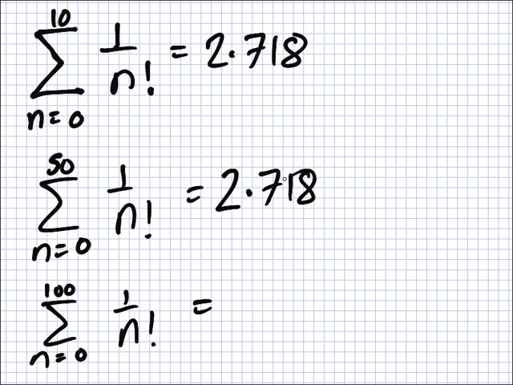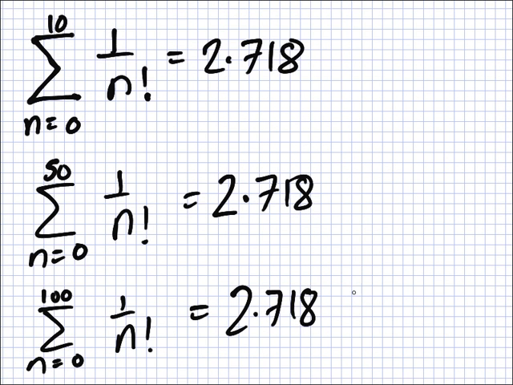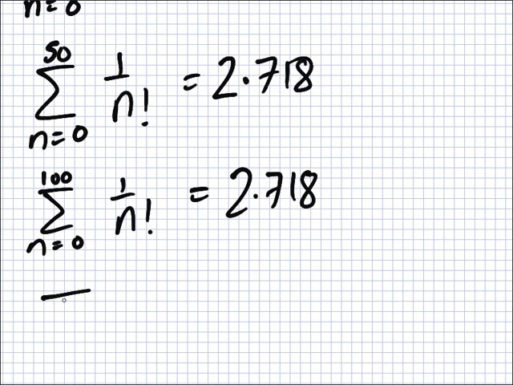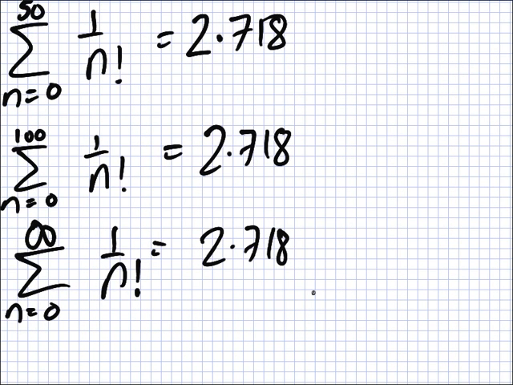Get the second one? And the third one? Now, it's not exactly the same each time, is it? It's slightly different, yeah. But it seems quite clear that if I was to continue this process of adding 1 over n factorial infinitely, then I don't get infinity as the answer. I think I will get 2.718. So this is an example of a series which is convergent